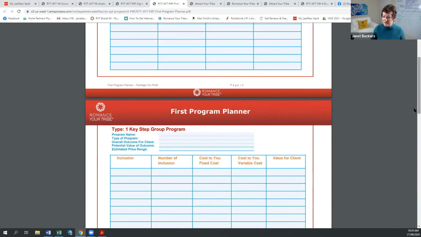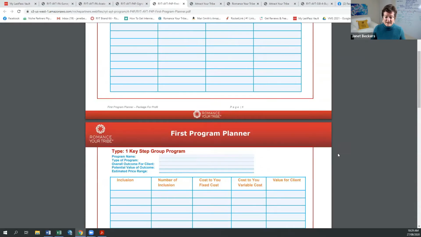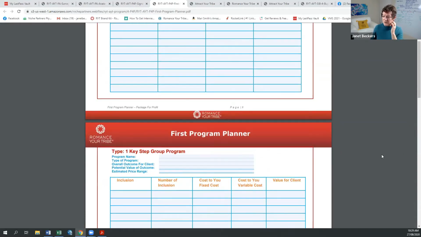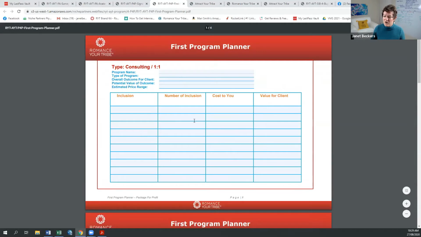But very often there's a few different ways you can approach this. The important thing is understanding what you've got and what it costs you, because too many times people will just pick a number out of the air for how much to charge. So no. We're going to go exactly by what the cost is to you to deliver this, and also the value that the client will put on that.